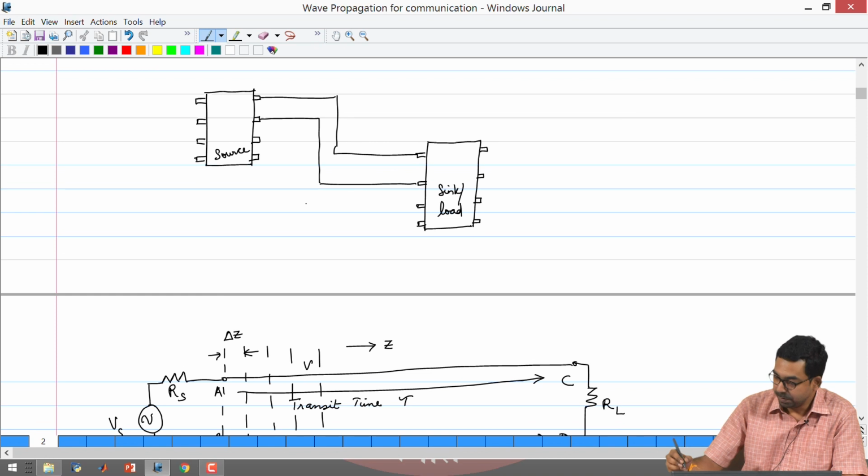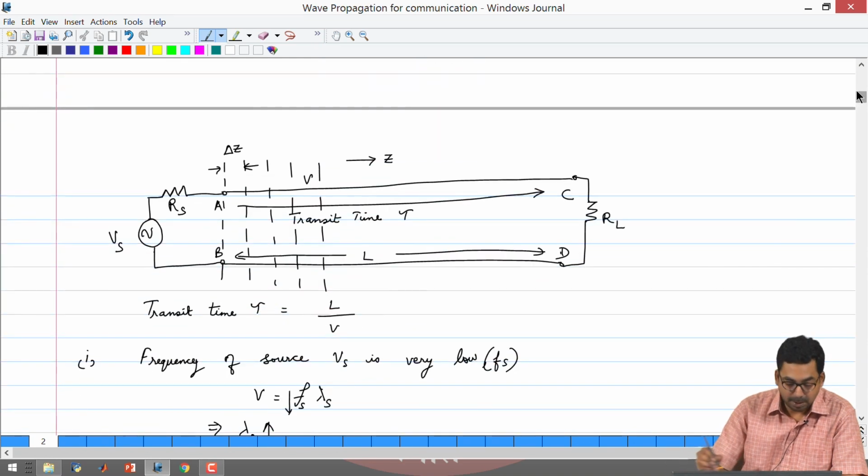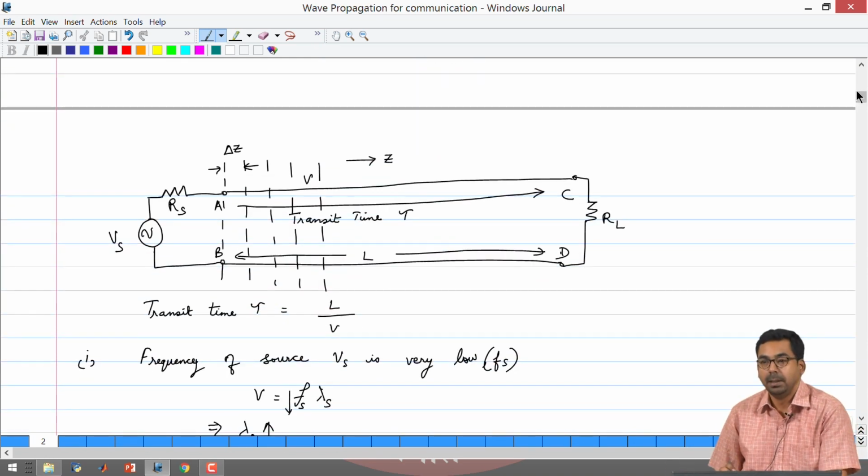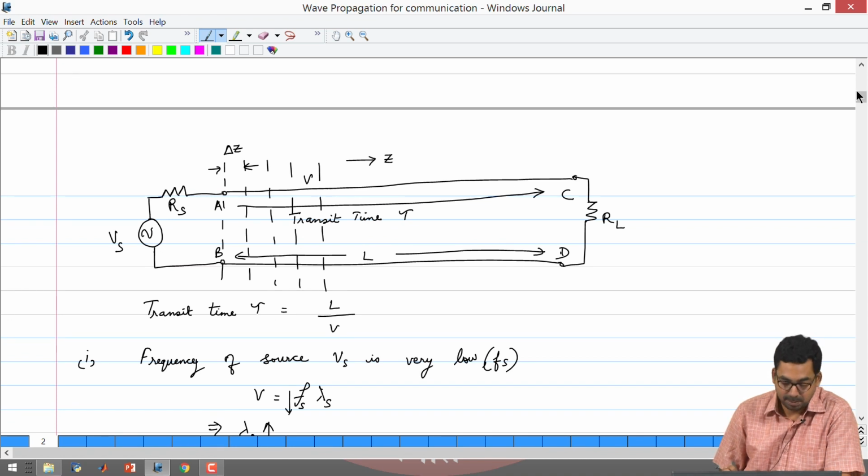Okay. So, we saw that we could not apply KCL or KVL directly when the wire length was abnormally large compared to the wavelength of the signal that you are putting in. So, we had to come up with a technique to apply the low frequency circuit analysis to this problem, right. And the simplest way is to divide these wires into a number of small uniform sections and apply KCL and KVL to each of these sections.